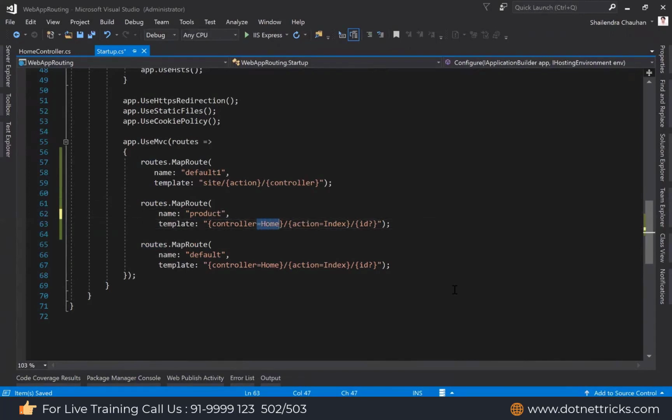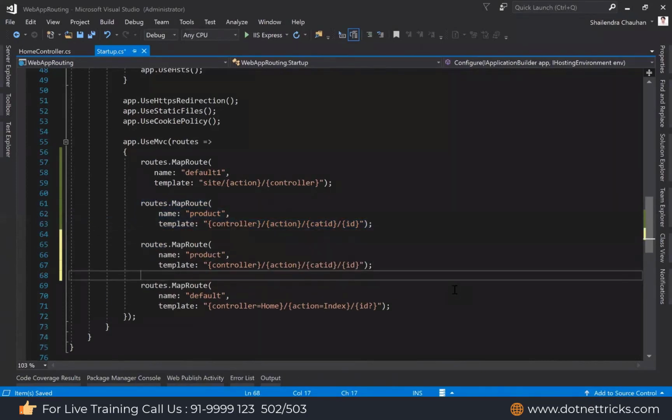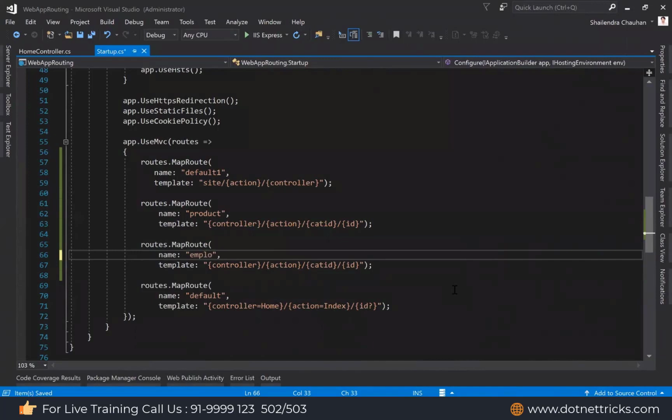So I'm mentioning here controller, action, then category ID, and then product ID. It might be the case you need to create one more route for employees as well. So I'm defining it here for employees. But in the case of employee, in place of category there is a department ID.